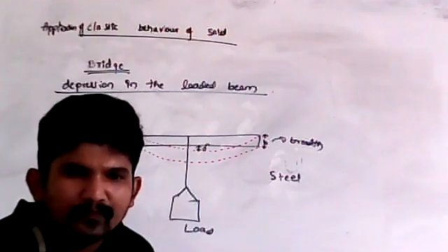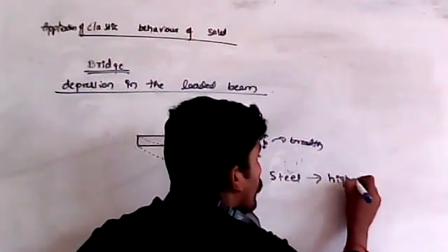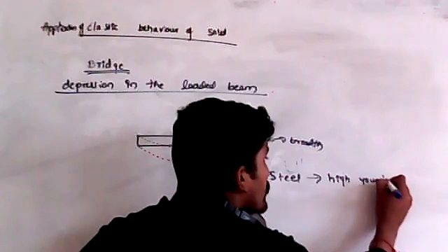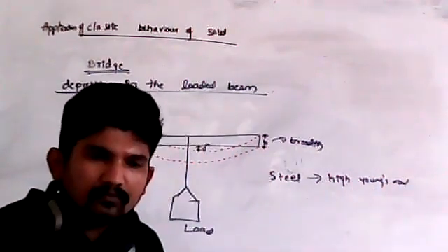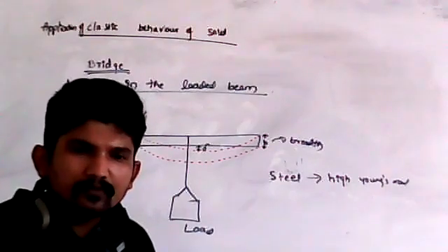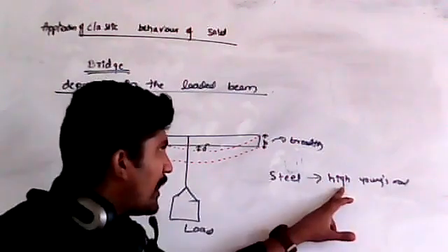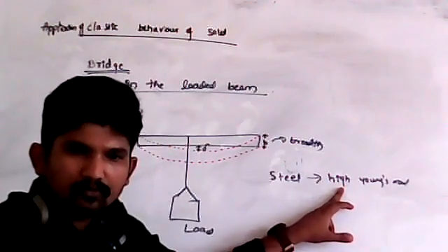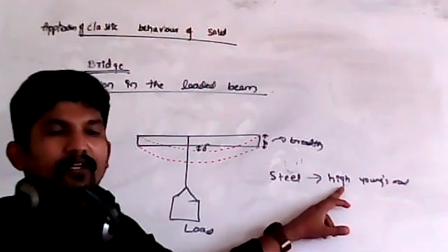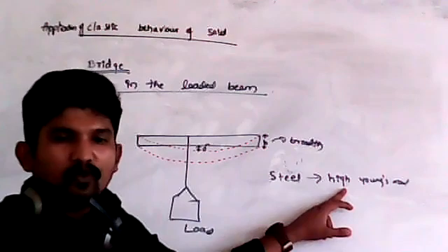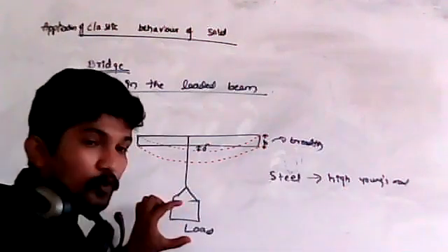Anybody getting? Yeah, good. Because this is high Young's modulus. Then a question may arise: if it is high Young's modulus, then what will happen? What will happen? If I take steel instead of iron, then what will happen? Then what? Yeah, it has high Young's modulus, which means it can tolerate that much load.